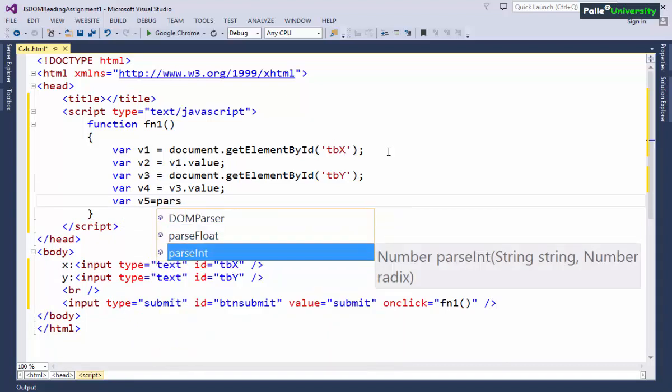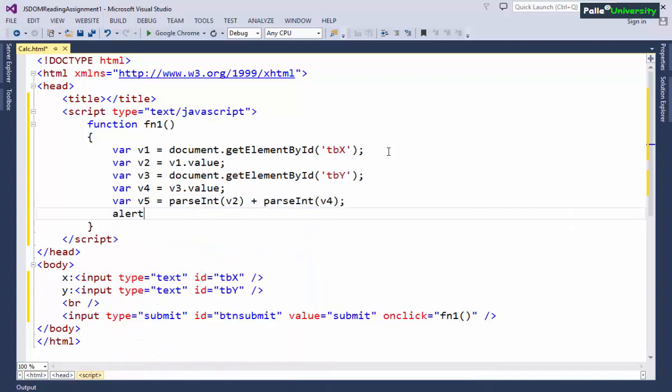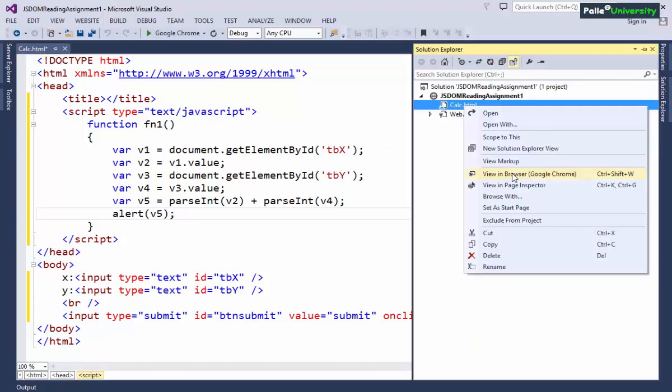You observe, parseInt is a predefined function. parseInt of v2 plus parseInt of v4. After this, alert v5. That's all. Now, if everything is correct, my calculator.html page must be able to display the correct output. Let me click on view in browser now.